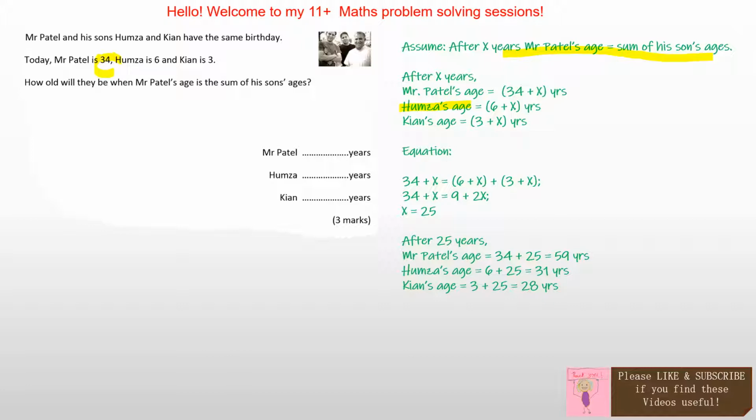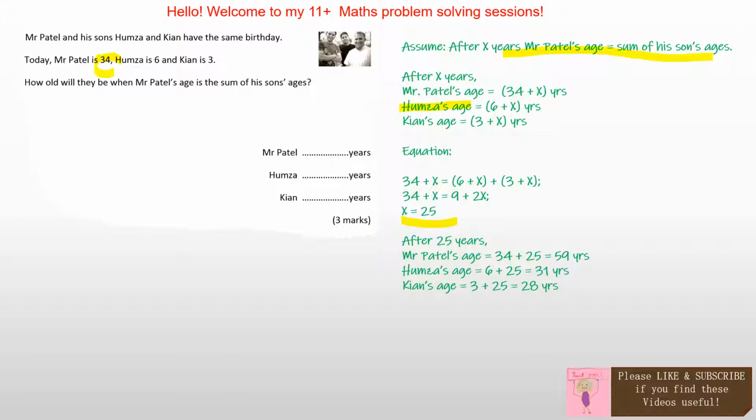Mr. Patel is now 34, so after x years his age will be 34 plus x, and his sons' ages will also increase by x, so it will be 6 plus x and 3 plus x, right? So we form an equation saying that the dad's age equals the sum of the sons' ages. So 34 plus x equals 6 plus x plus 3 plus x,